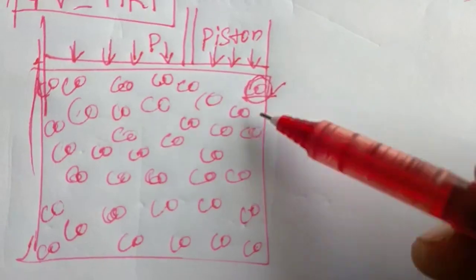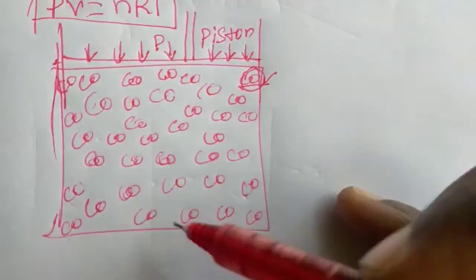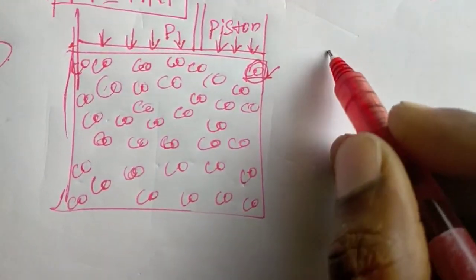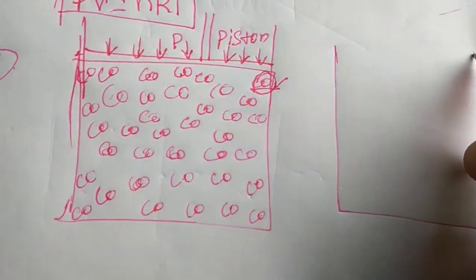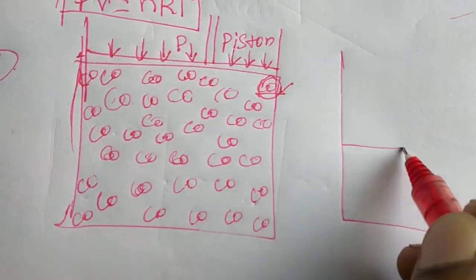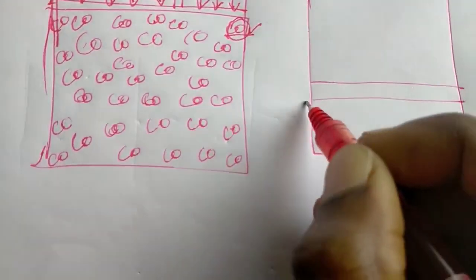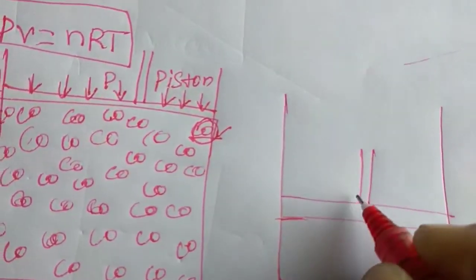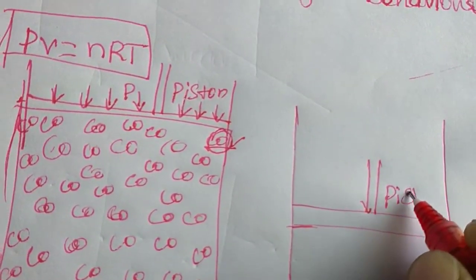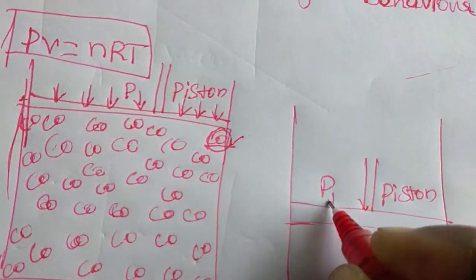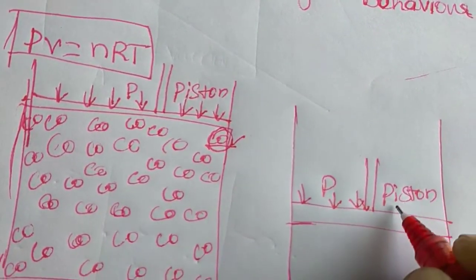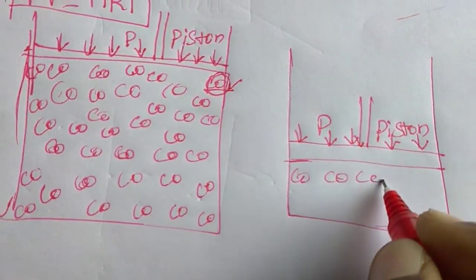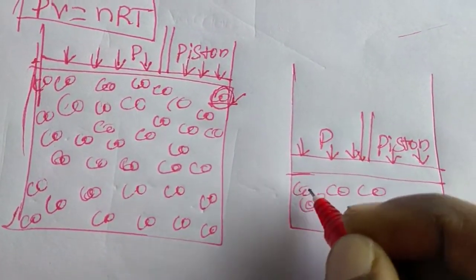So the volume of this whole system occupied by the gas particles reduces like this, by applying pressure under reduced temperature. This is the piston, with pressure applied to it. Now carbon monoxide is